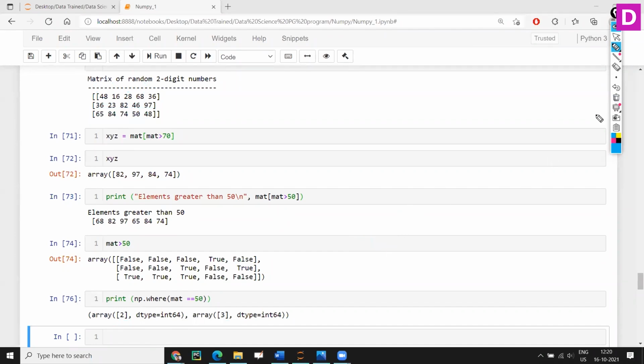This way, even though you have hundreds of rows and thousands of columns, where it is difficult to identify where that 50 lies, or if you have multiple 50s, this will help us pinpoint exactly that position, which row and at which